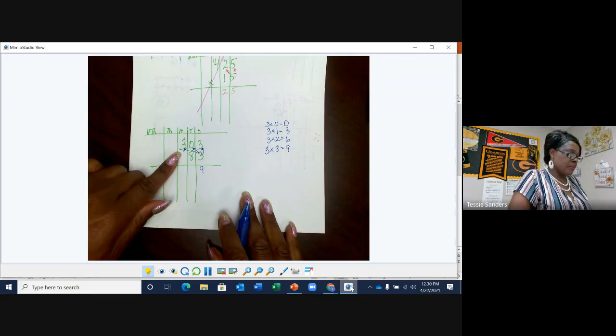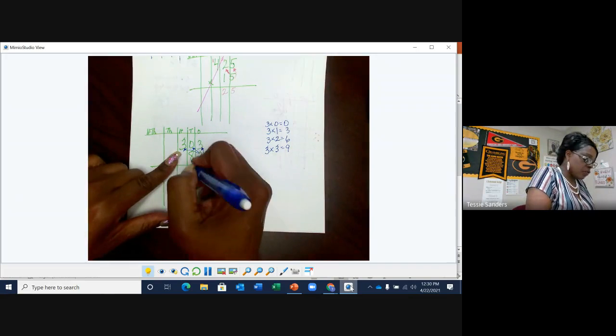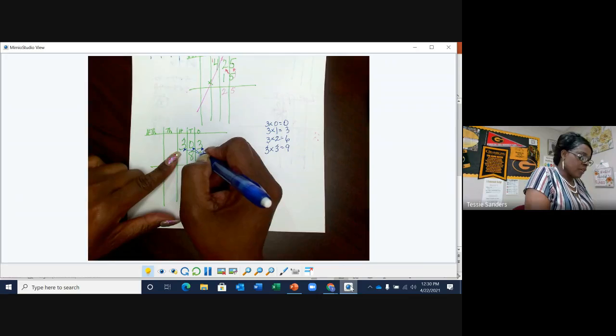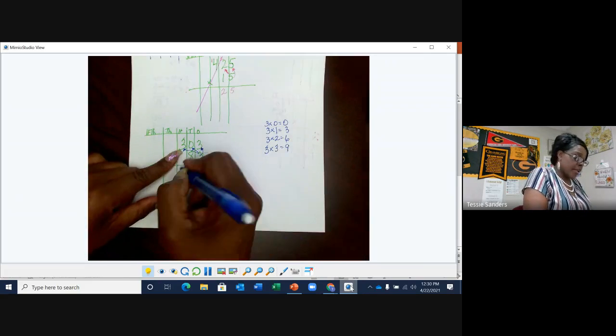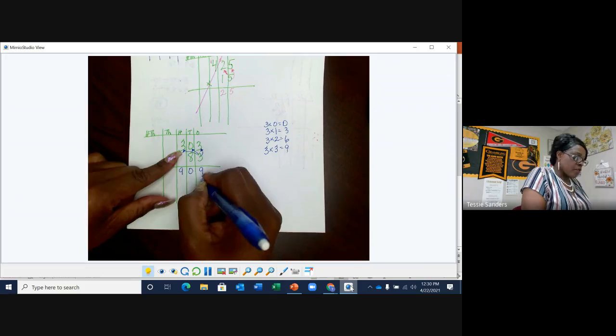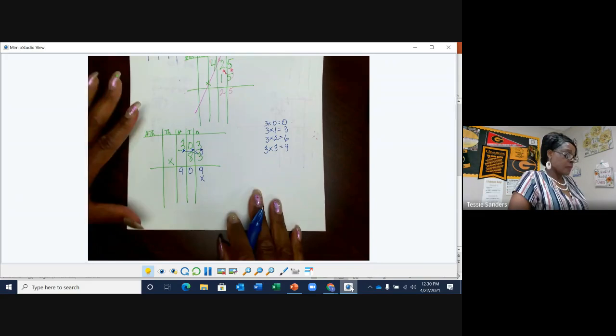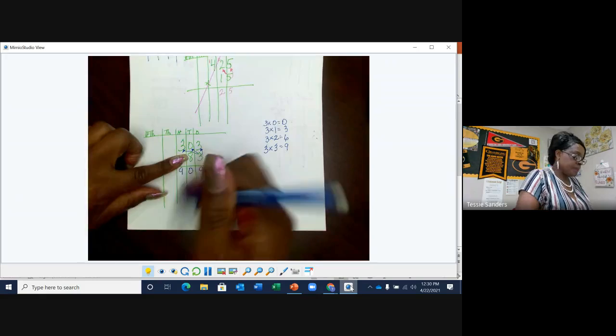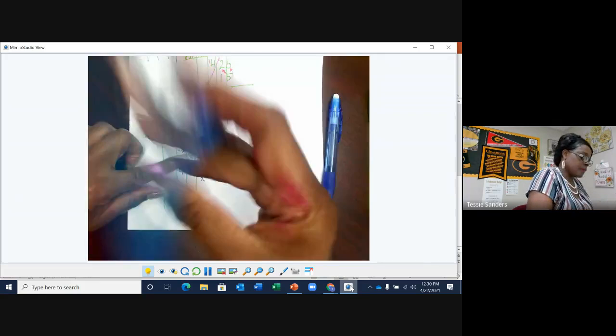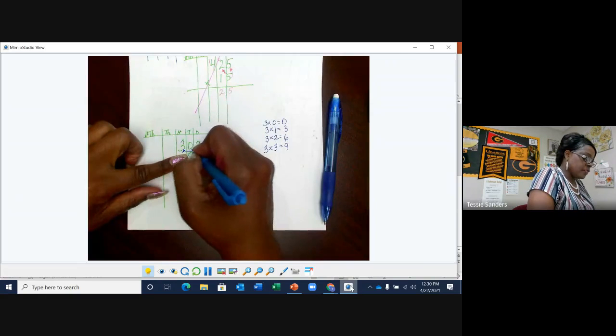3 times 3. Here it is again. Let's write our 0 here. 3 times 3 is what? 9. Write your X. Move to the tens place. 8